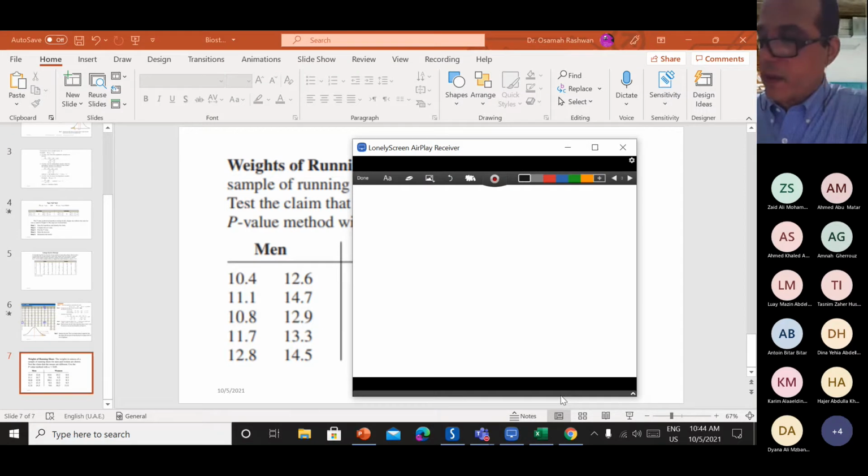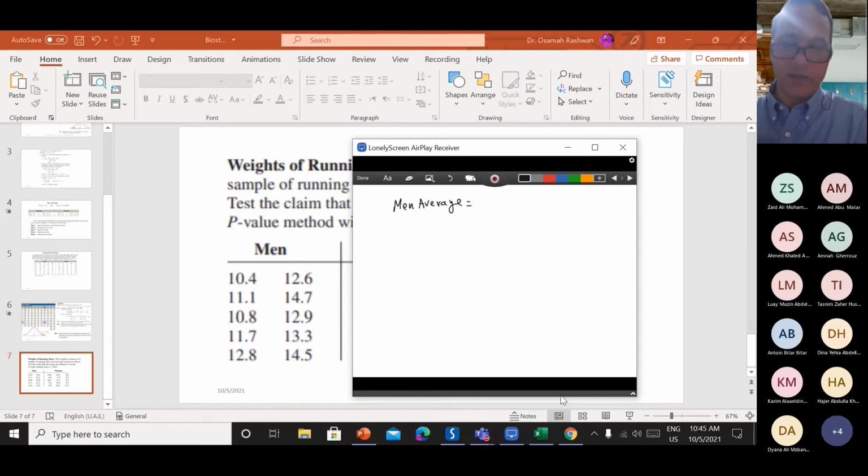I would like to have for men average equal to what? You go for mode, please. Go for statistics, number 3. If you have Casio FX991 ES Plus and you choose the first one variable, you have X in column. You just type 10.4 and press equal to get the second one, which is